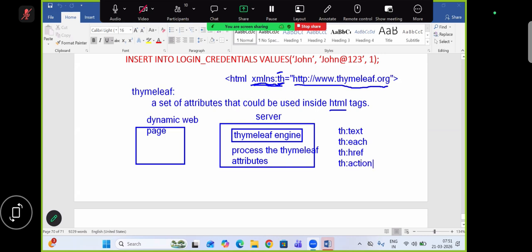Like this we have, of course, multiple attributes. I will show you. These are all called Thymeleaf attributes. All these attributes are going to start with a prefix called th colon, because the prefix that we use here is xmlns colon th. Why the prefix is mandatory, again there is a big story for that, but right now I can tell you in short. Suppose you are importing two namespaces